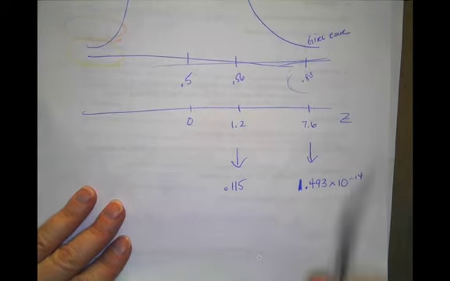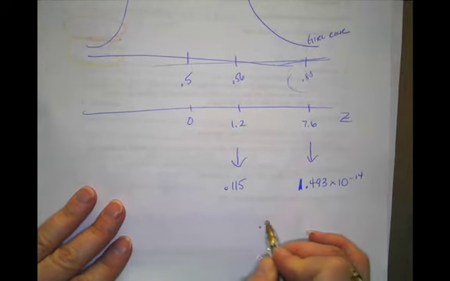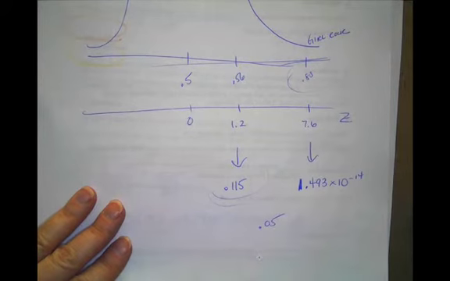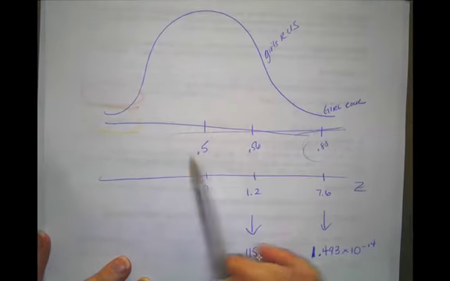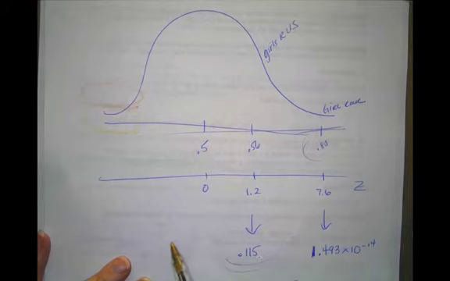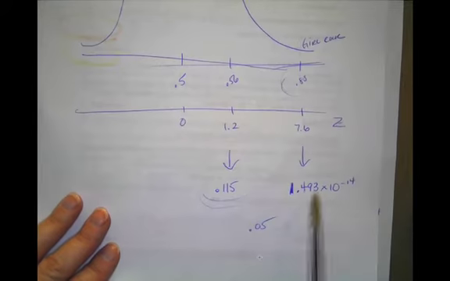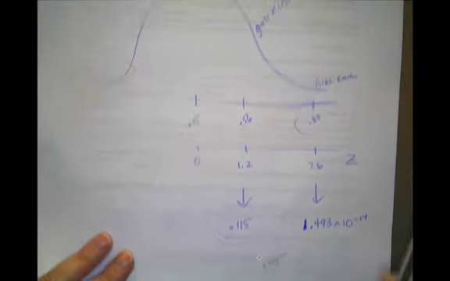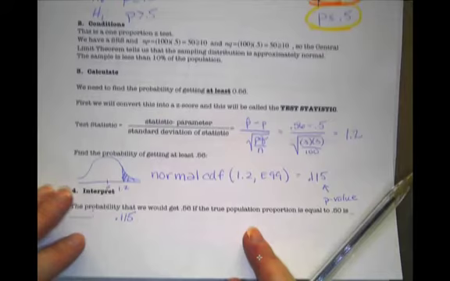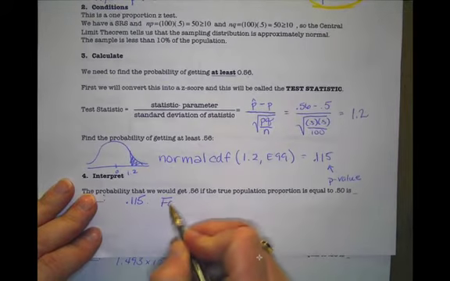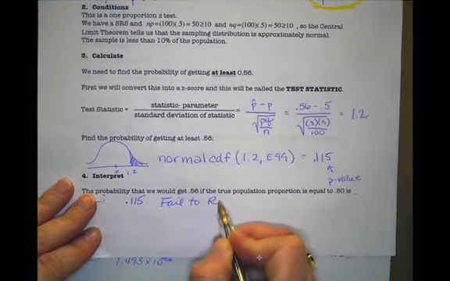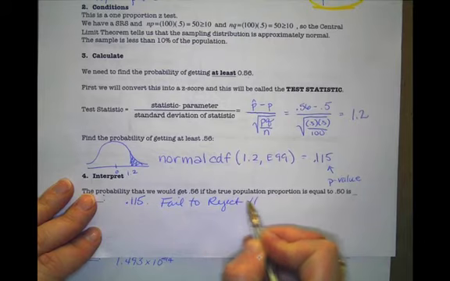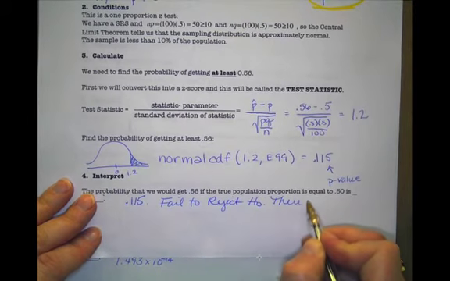So again, even if I use my rule of 0.05, this is not unusual, so getting this result is not that unusual if this is really the true population proportion. But getting this result is unusual if this is really the true population proportion. So since this is not unusual, what that causes me to do is I would fail to reject H naught, and I can say there is not